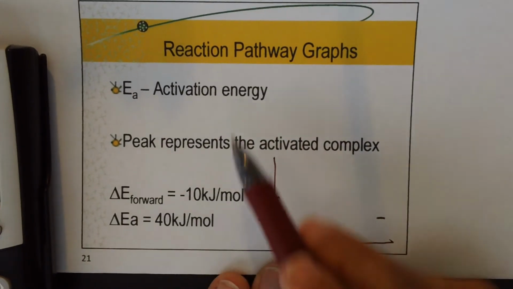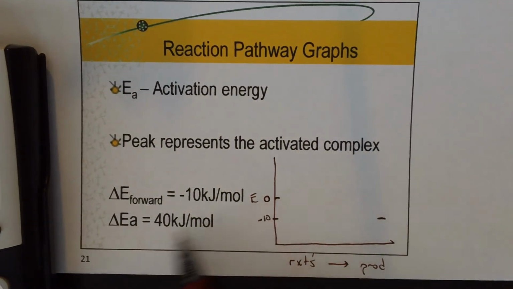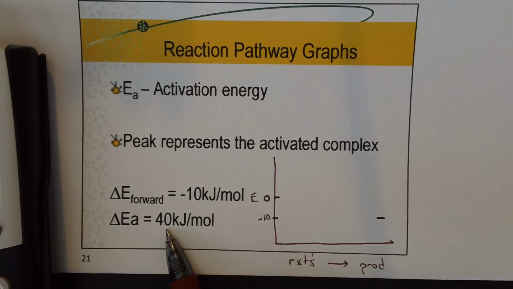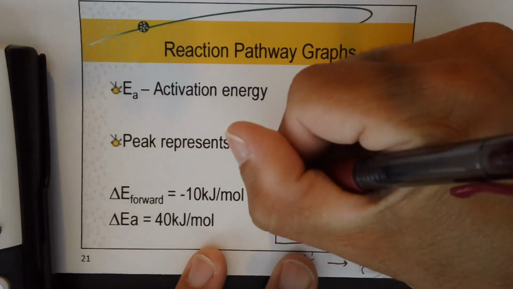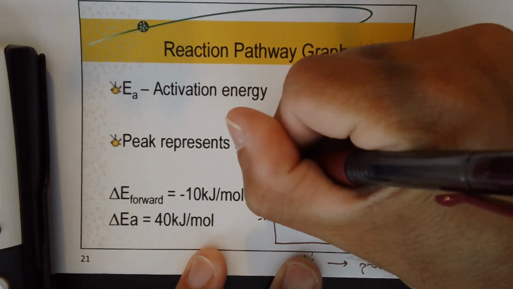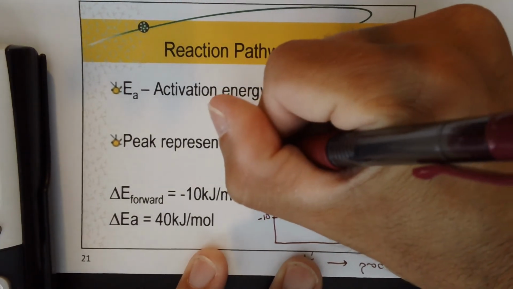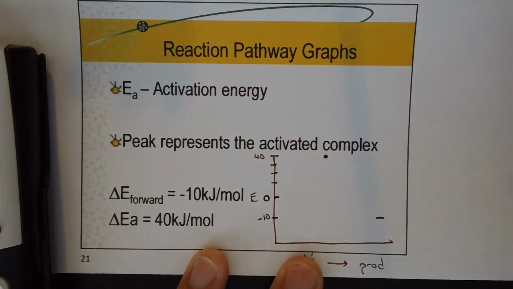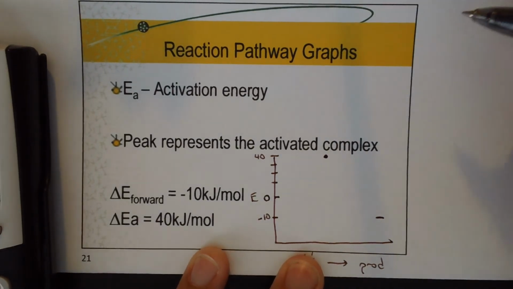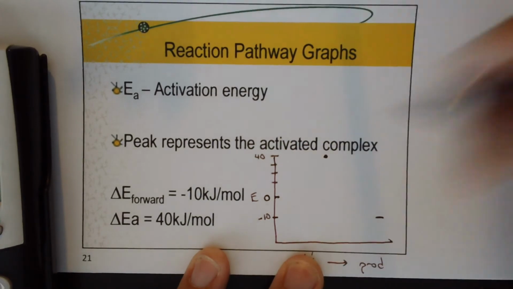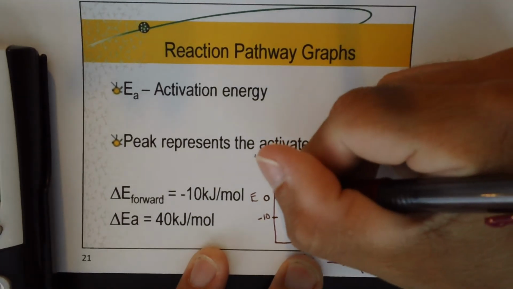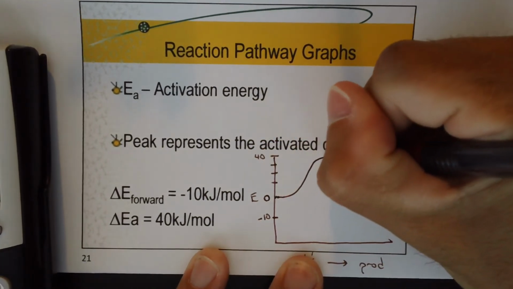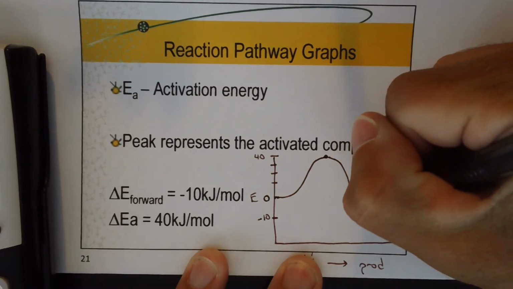So when we look at the activation energy for this reaction, it takes 40 kilojoules per mole, which means to get to the activated complex, you have to go up 40 from the starting point, and those are our 3 points. The 0 you always start with, the final point, and then that activated complex. And so our graph looks like this,